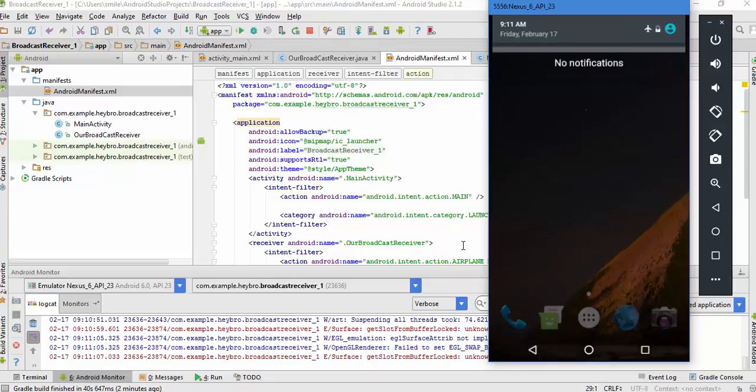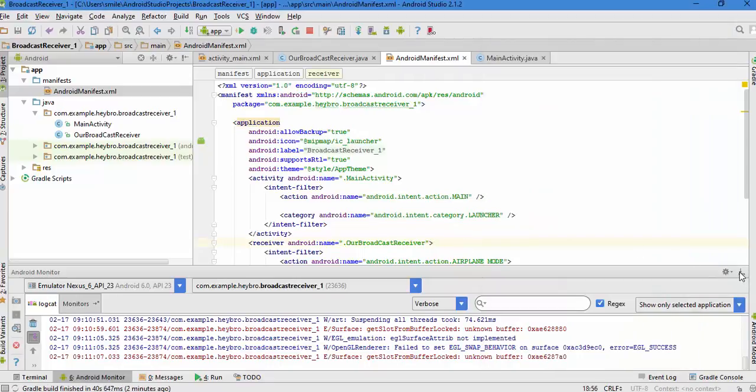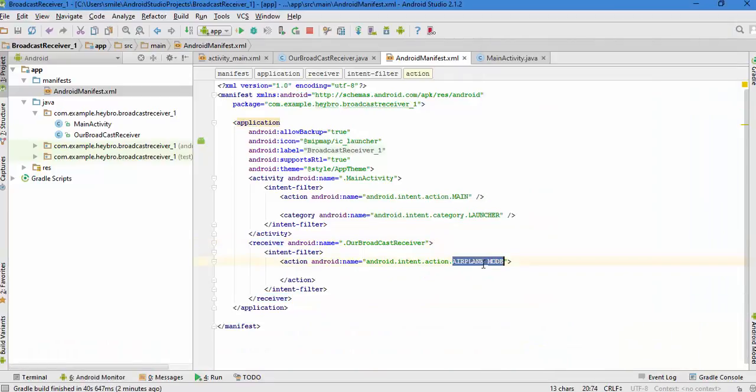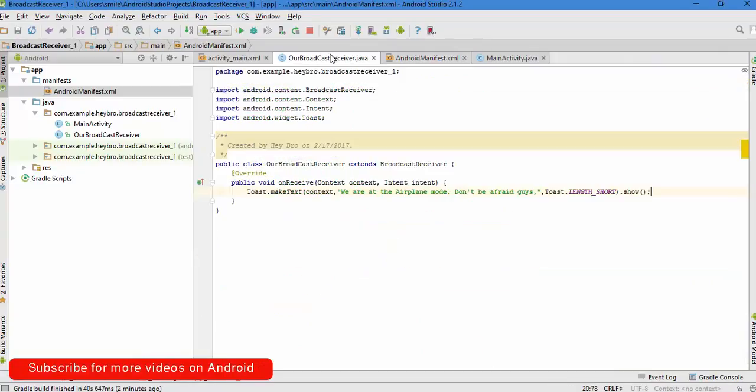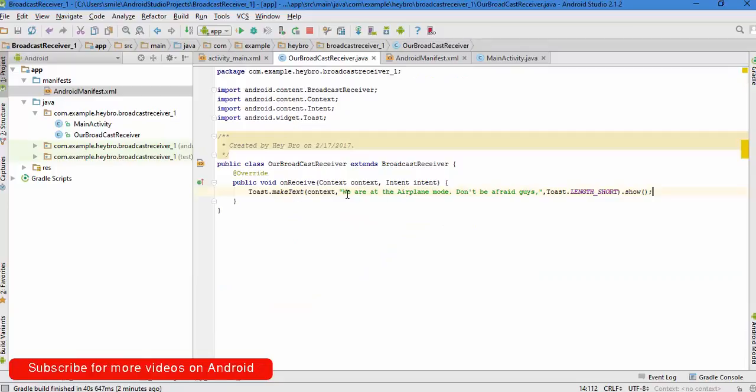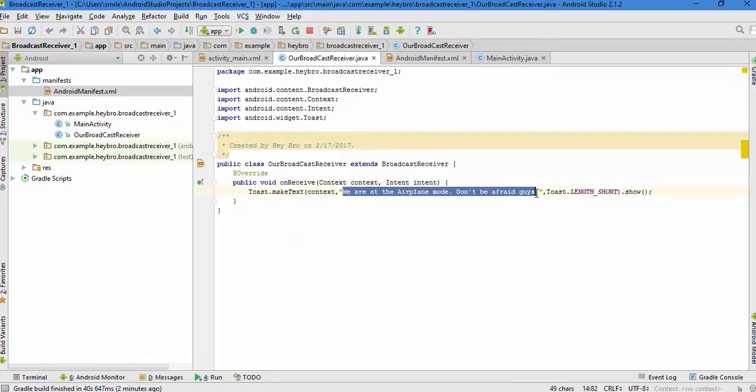So let's try to see another example. Just change this to wallpaper changed, and also change the toast here. A new wallpaper is assigned. Okay, yes, assigned. So hit run,